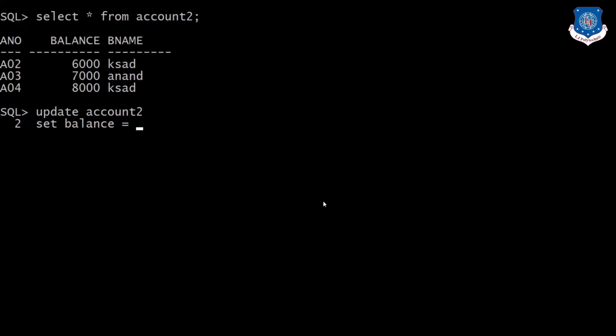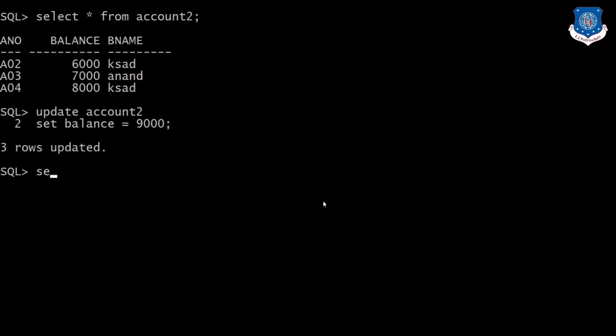If I terminate this query over here, set balance equal to 9000, and I am not specifying any condition using a where clause, then what will be done? All the balances of the account2 table will be updated with the value 9000.